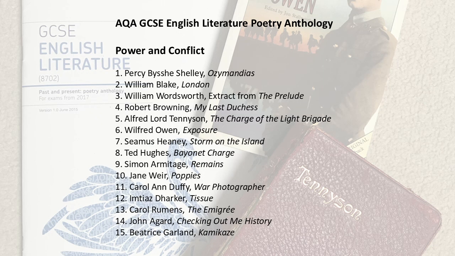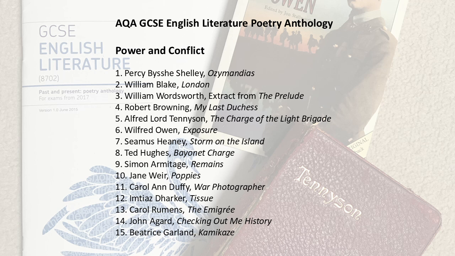And in our house we are reading the power and conflict selection, 15 poems on the subject of power and conflict. And the poems in that section are Ozymandias by Shelley, London by William Blake, an extract from The Prelude by William Wordsworth, My Last Duchess by Robert Browning, The Charge of the Light Brigade by Alfred Lord Tennyson, Exposure